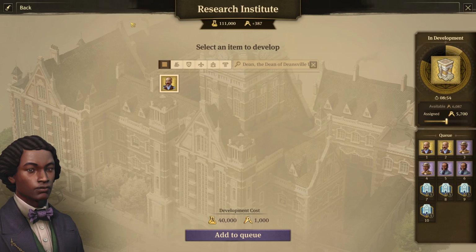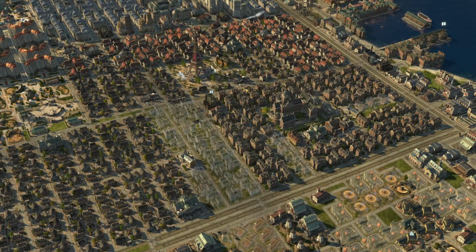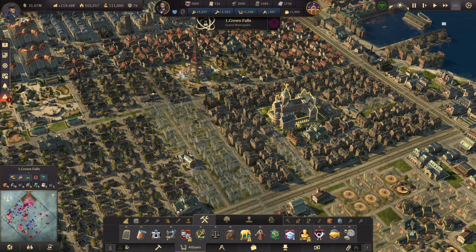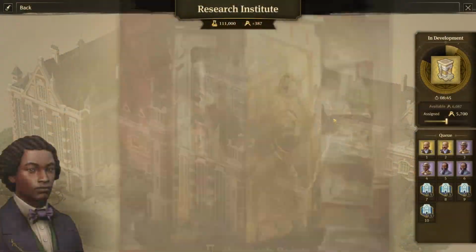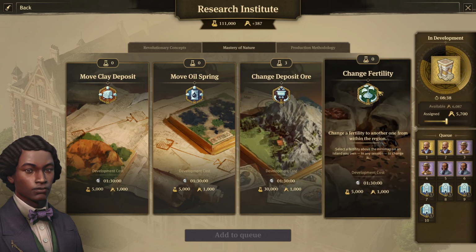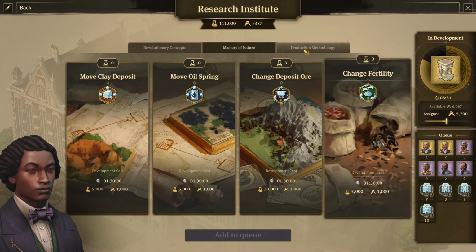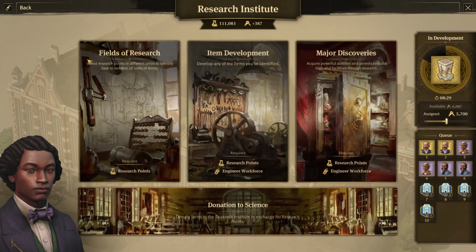And when we get to 250, then I'll be able to switch to a lot of these major discoveries, in particular changing the ore, moving ore spring, etc., or even changing fertility potentially. Now you may be seeing that I am also developing something else, a Temple of Nafir, because